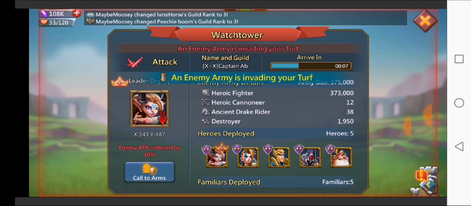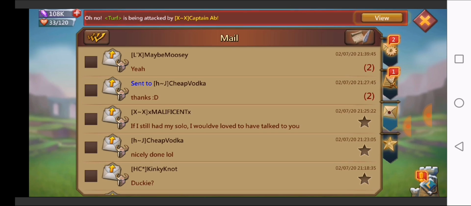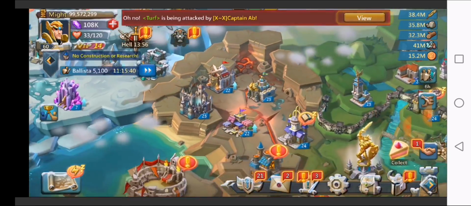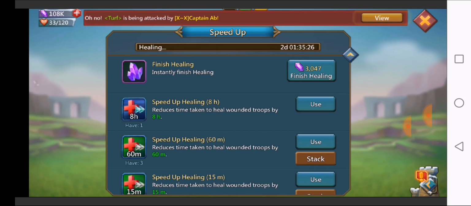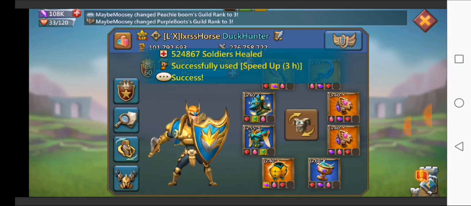Captain Ab will be going again, so I'm going to test if the Cav is going to be going too badly or not. So I'll switch into Cav, see what it's like, and he does end up burning me. Again, it's the Cav Phalanx. It throws your infantry in the back. It reduces your damage. What I'm going to have to do is switch my heroes around so this doesn't happen. So if I want to sit in Cav Phalanx, I will have to put an extra infantry hero